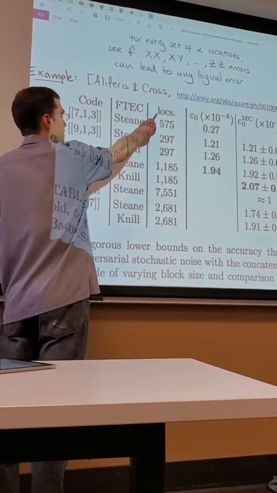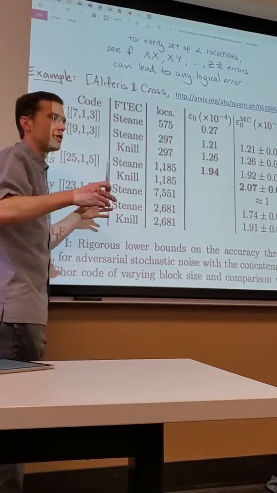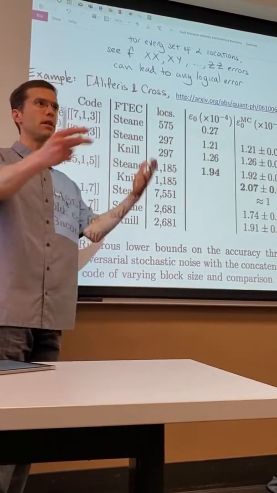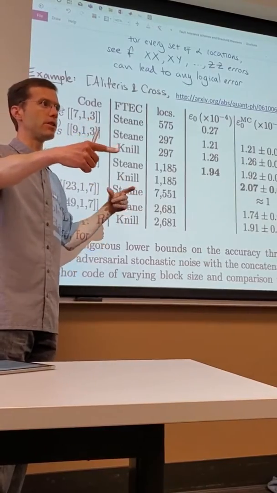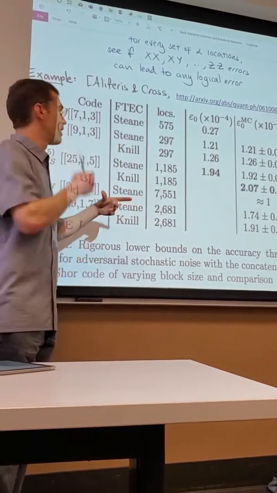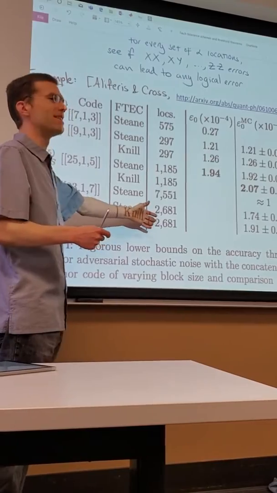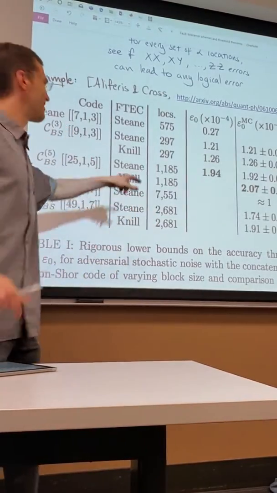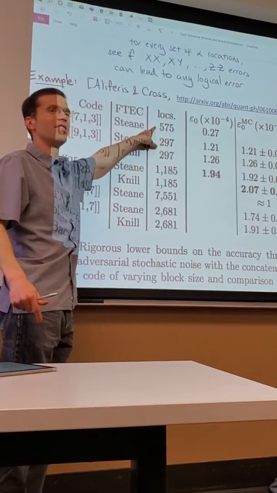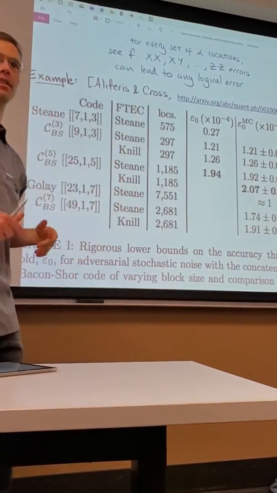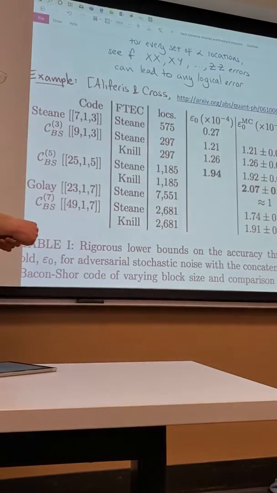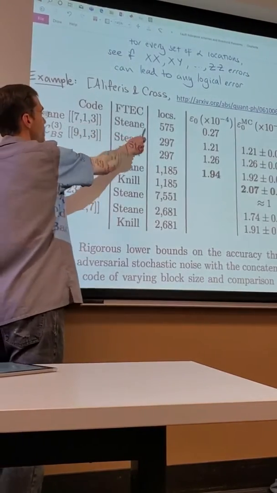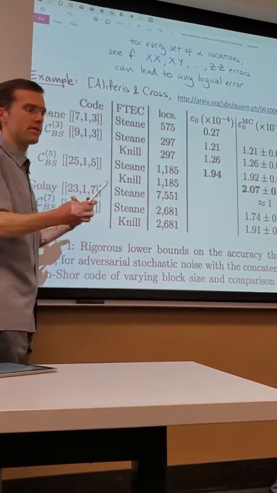Okay, now this is the number of locations in the largest extended rectangle. So they looked at all the encoded gates, and they counted the number of locations in the extended rectangle for that gate. And I'm pretty sure that these numbers are for the controlled-NOT extended rectangle. It's the number of gates in the controlled-NOT extended rectangle. So for example, here for the Steane 7-1-3 code, you have 7 CNOT gates.